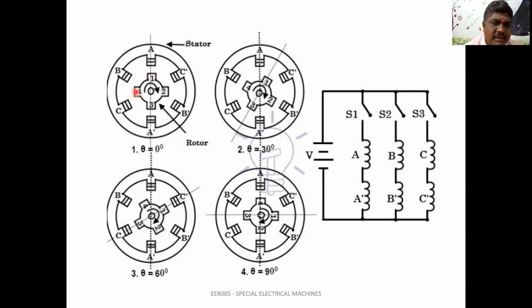Now pole 4 will be presented here. Pole 4 will be placed and presented here, and pole 3 will be very short, and 3 will be choosing the C dash. Now further 30° will be there. So there 30°, 60° and 90°. And what we are making for one phase excitation is a 30° displacement. This is one phase excitation.